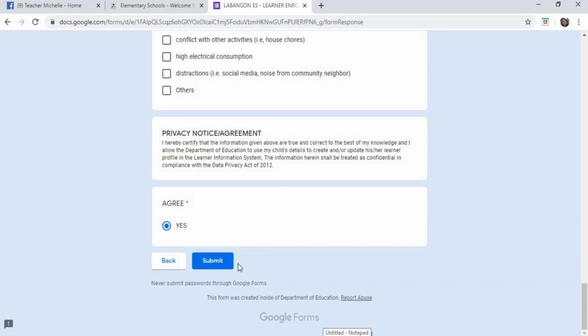But in your case, if you are done enrolling already, you can always click on submit. As soon as you click submit, you will be given a notice that the enrollment has been successfully done. Okay? And with that said, your child is already officially enrolled in DepEd